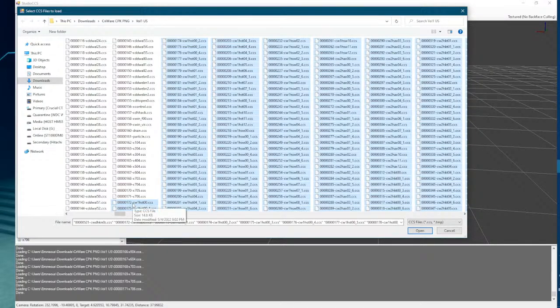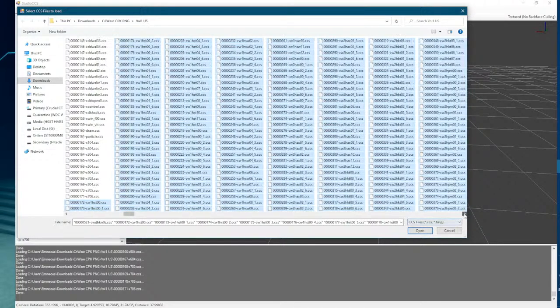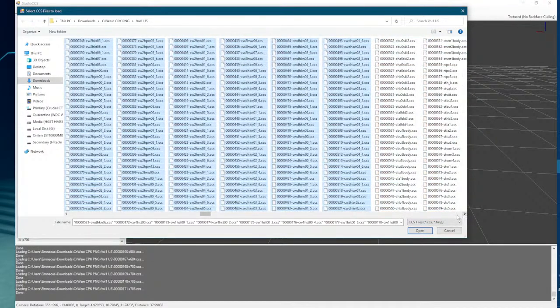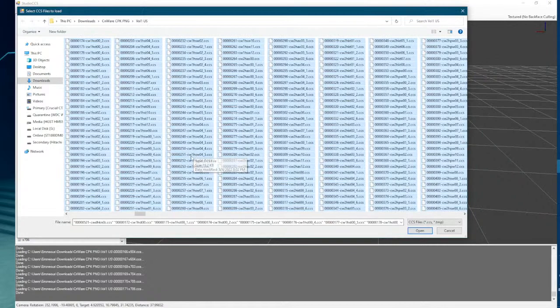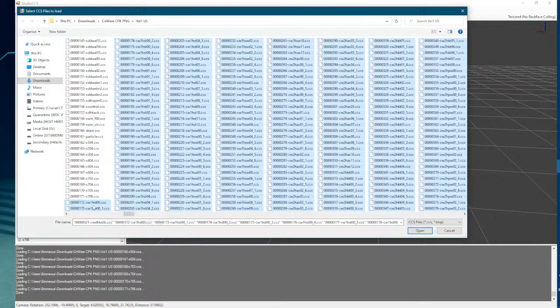So you'll see CW, I believe that stands for character weapon. So all these files that say CW are character weapons. And after that, it would be the class name. So character weapon 1, you got character weapon 2. But the class would be HST,